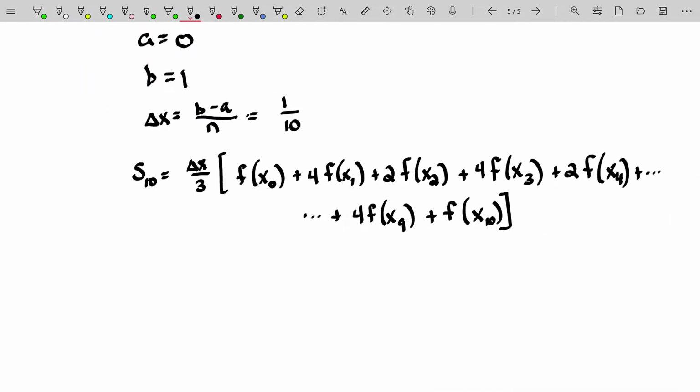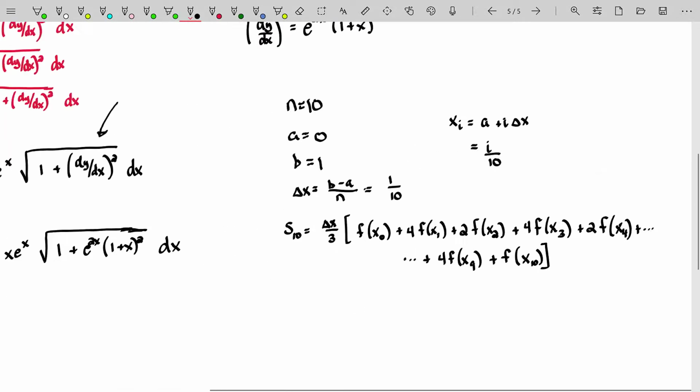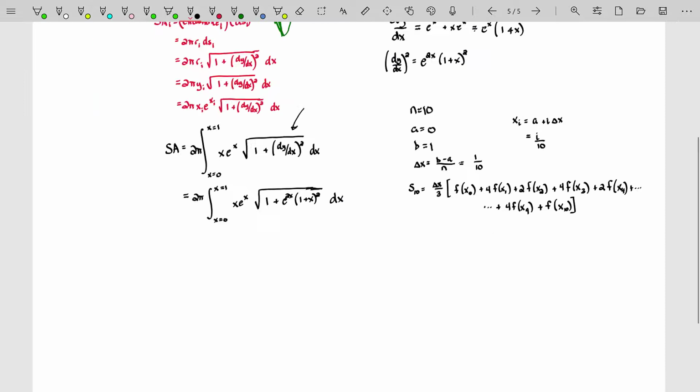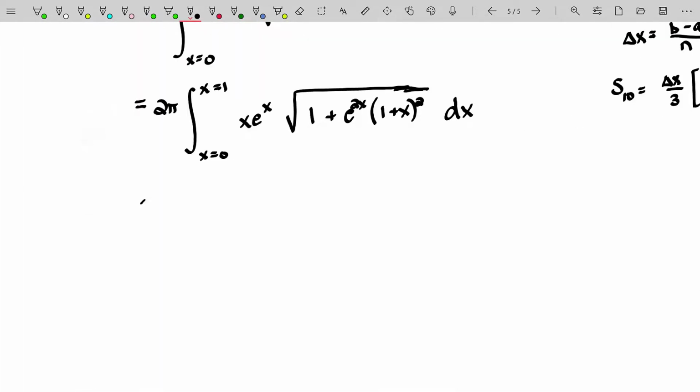Now, what are those f of x subs? Well, we happen to know that x sub i is defined to be a plus i delta x. And a being 0, this is just going to be i times 1 over 10, or i over 10. That'll be very helpful. Going back to our integral here, we're going to say that this is going to approximately,